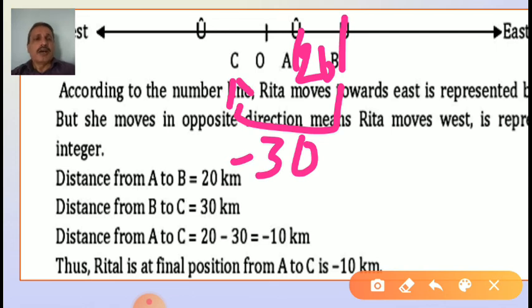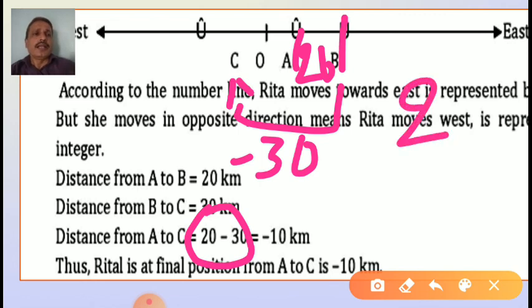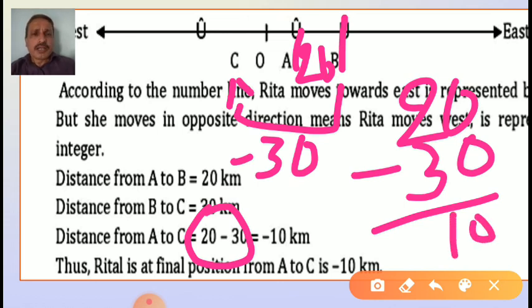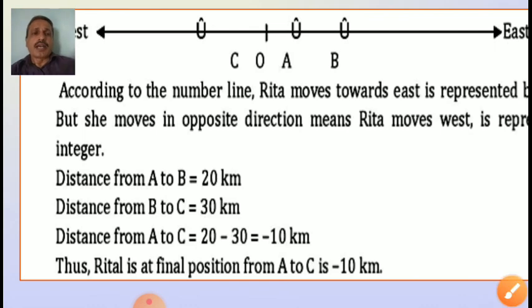Yes, we can find 20 minus 30. 20 minus 30 is actually not possible, but just forget about the minus sign. 30 minus 20 you can do. Yes, 10. And which is the bigger number, 20 or 30? 30. And 30 has which sign? Negative sign. You just put the negative sign over it, because it's in the west direction. She does not reach the same place. Here she is 10 kilometers more in a different direction.